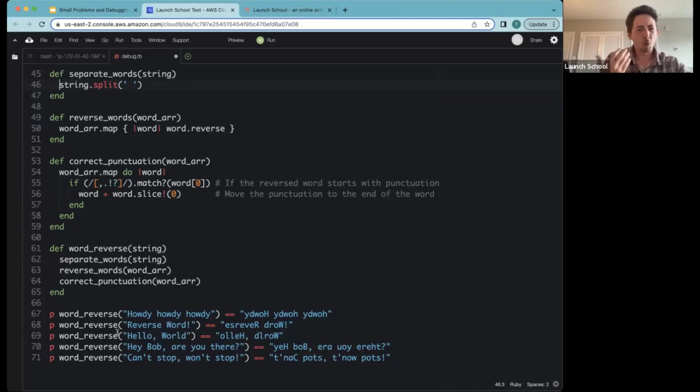Because what we want is our word array to be an array of words from the input string. So basically, we're trying to take those words and just separate them and put them in. And so we do that here. We separate them. After separate words string. So I think probably what we want to do here